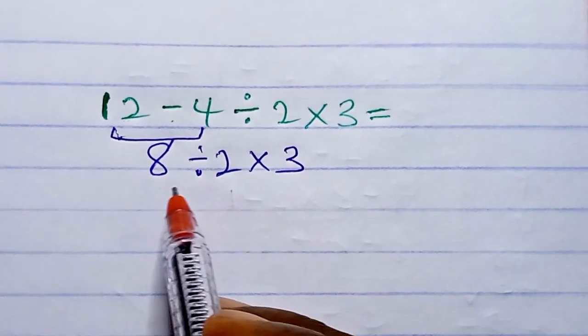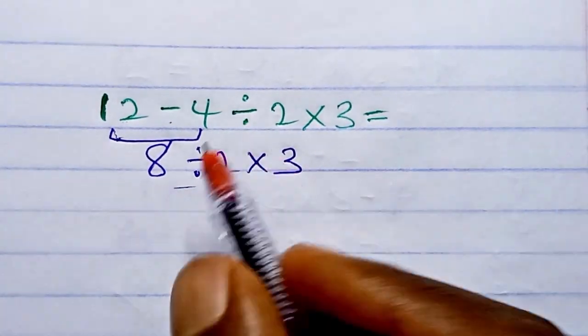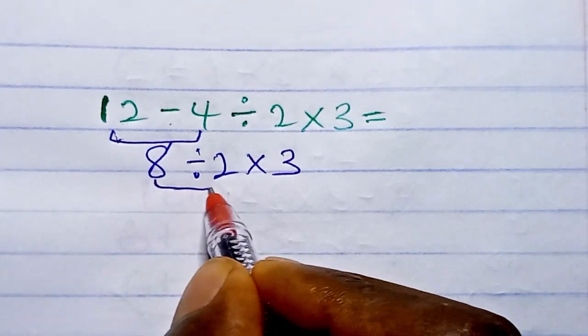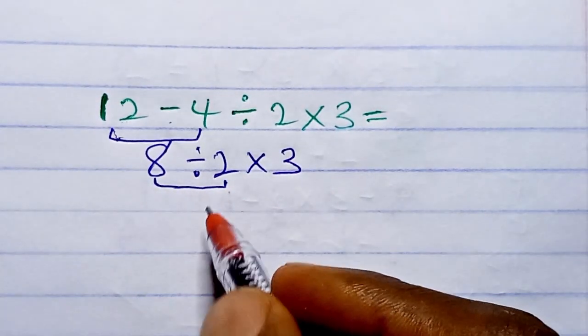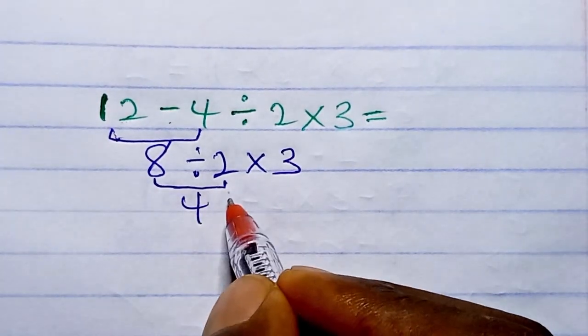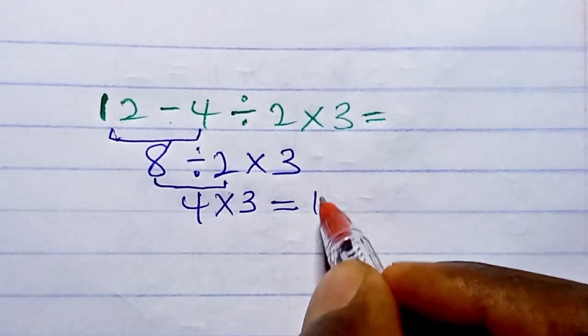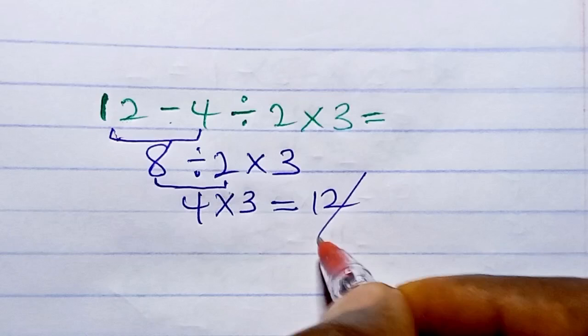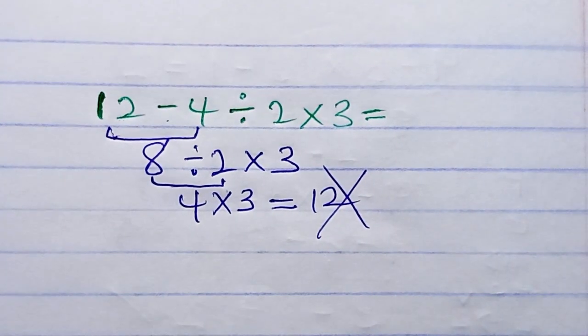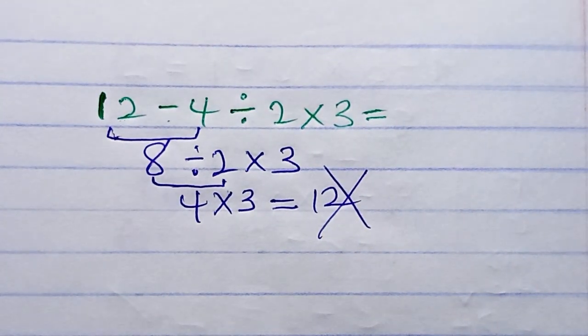So when you do this division before this multiplication, you're going to get it wrong. So 8 divided by 2 is going to give us 4 times 3, which equals what? 12. But this answer is not correct because according to the order of operations,